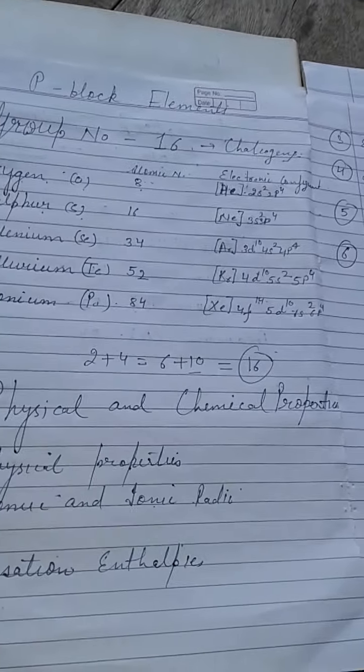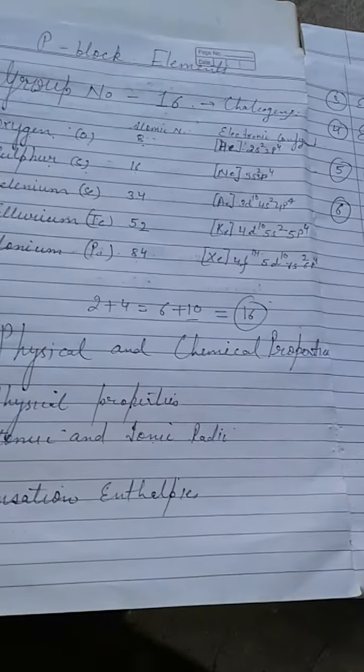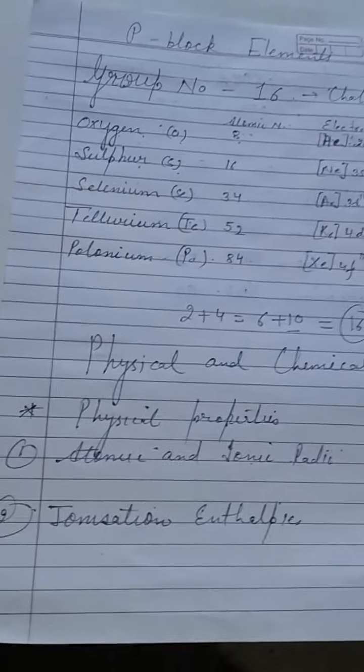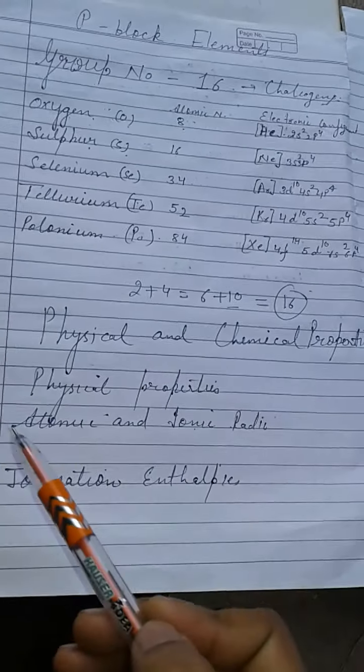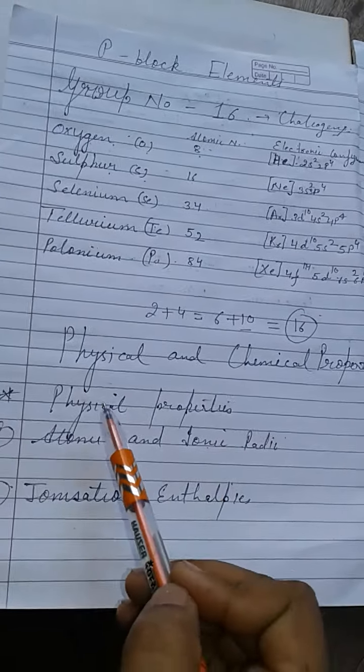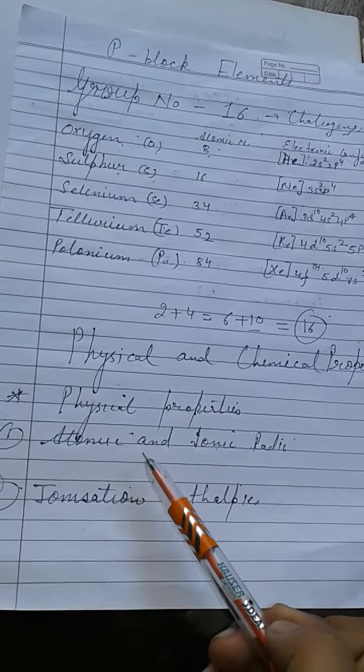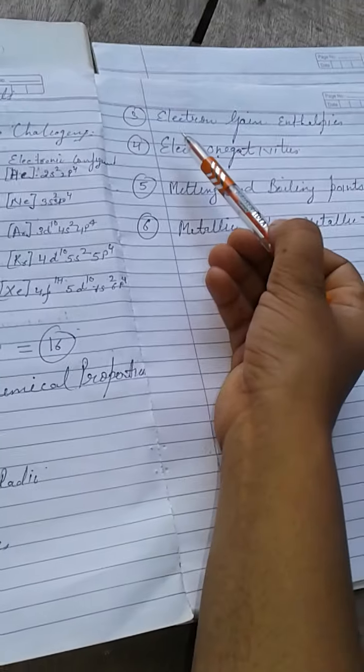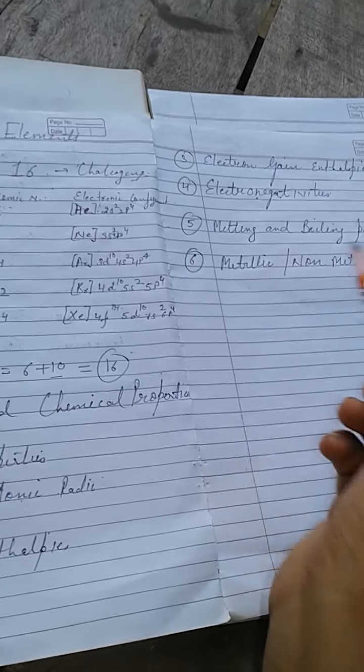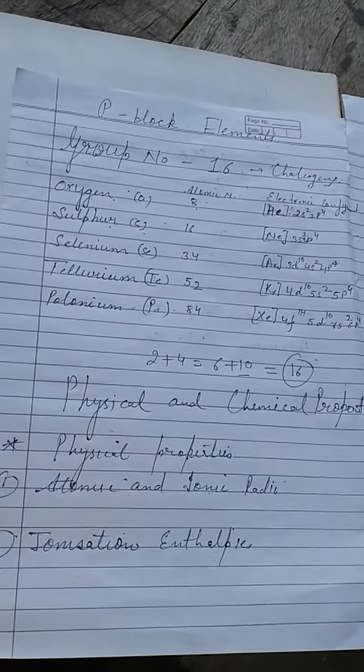So now we will cover the physical and chemical properties of group number 16. We will start with the physical properties. Under the category of physical property, we have to study the following parameters one by one, and discuss these parameters for every element. So let us start with the very first